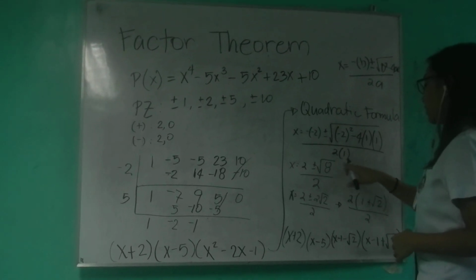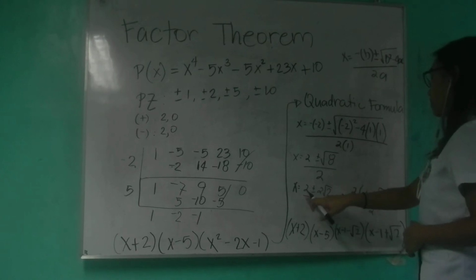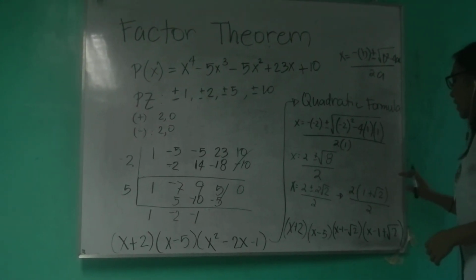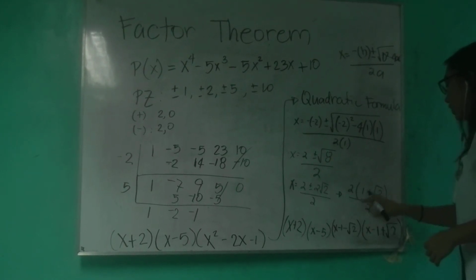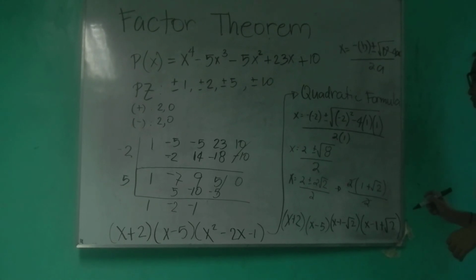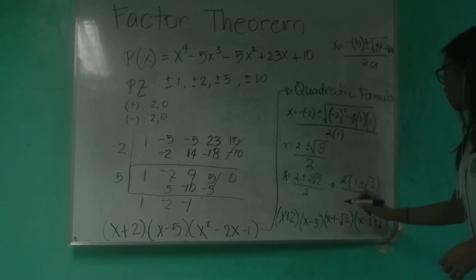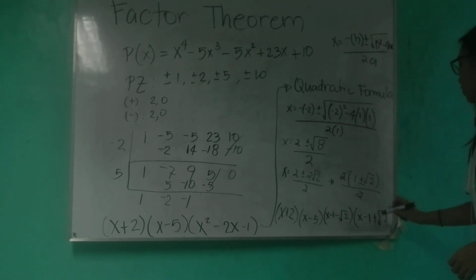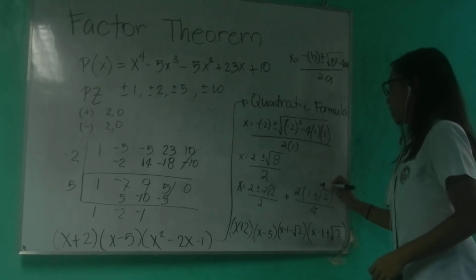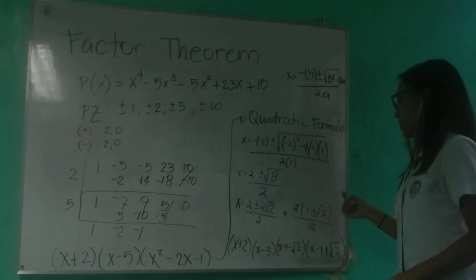Since we can still simplify square root of 8, it will become 2 square root of 2. Now, as you see, we can equate this into 2 times 1 plus or minus square root of 2. So, we cancel 2 and 2. Now, we have 1 plus or minus square root of 2. Then, we have to equate this to x minus 1 minus square root of 2 and x minus 1 plus square root of 2. Never forget the positive negative sign, because we cannot guess if it is a positive or negative since it is raised